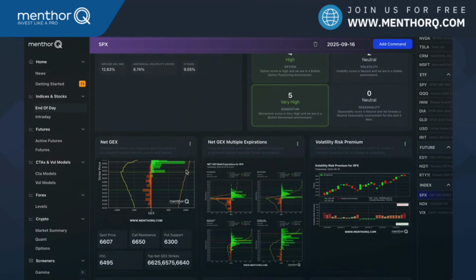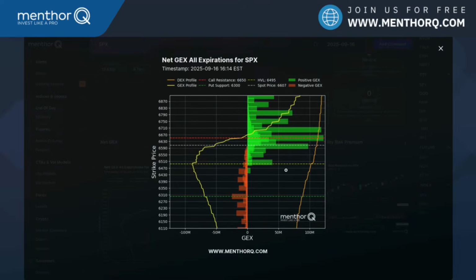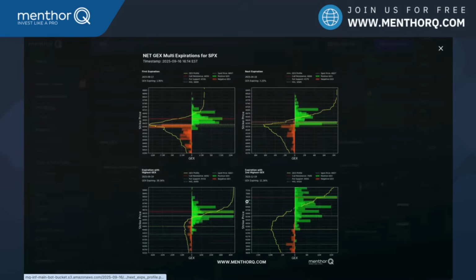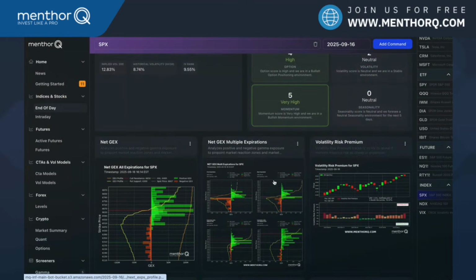Then I can also come here and monitor gamma exposure. We're going to talk about that in a second by looking at SPX. So I want to monitor if we see a lot of positive gamma or negative gamma building up on SPX. I also want to monitor my 0DTEs flow on SPX to understand if there could be potential interesting point here. So we see a very, very big gamma level there. We're going to talk about that in a second.